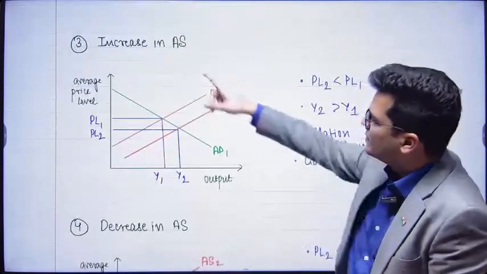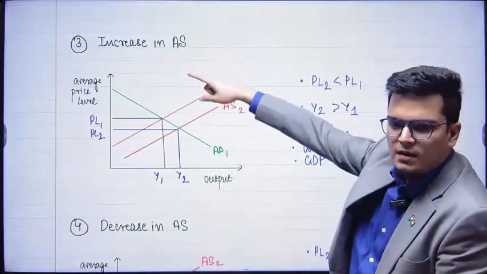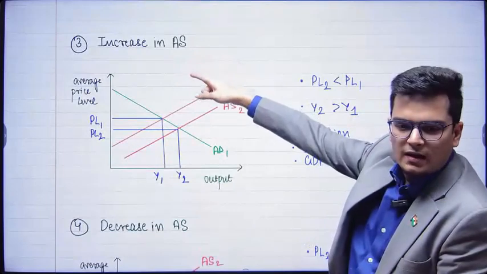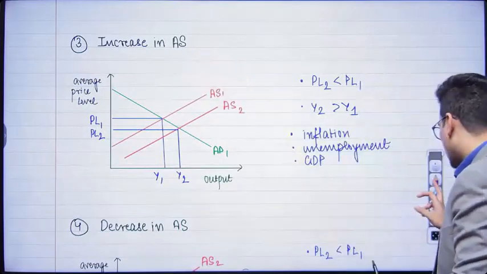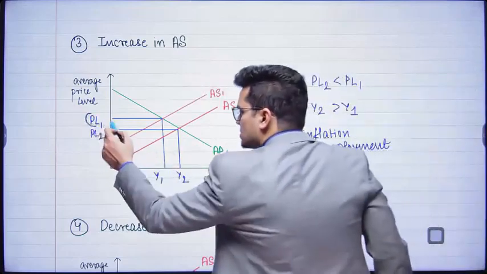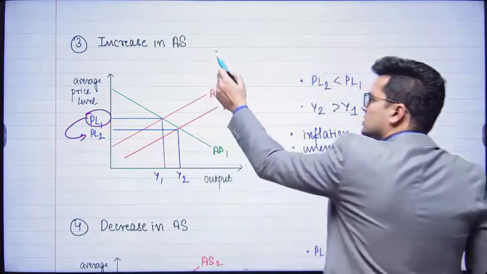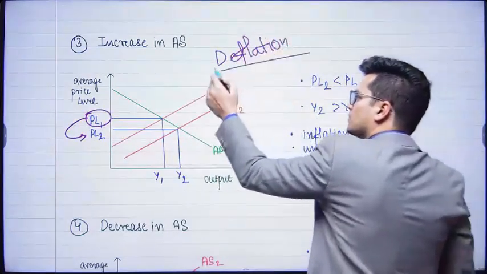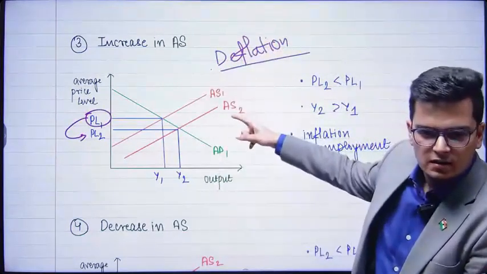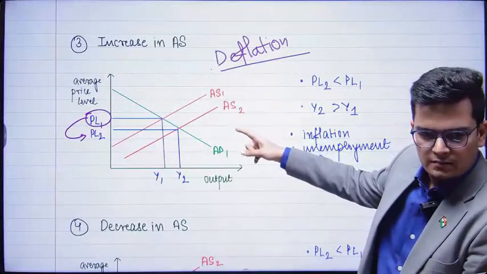Now, this is an increase in aggregate supply. Increase in aggregate supply is causing a reduction in price level. So this is what? This is also deflation. ये भी तो deflation है, right? अब